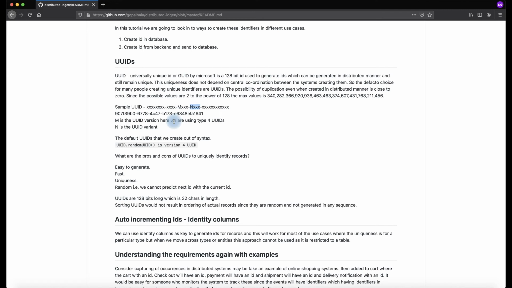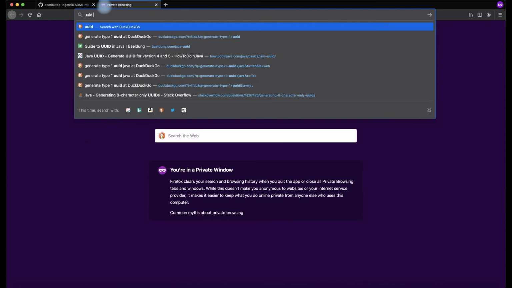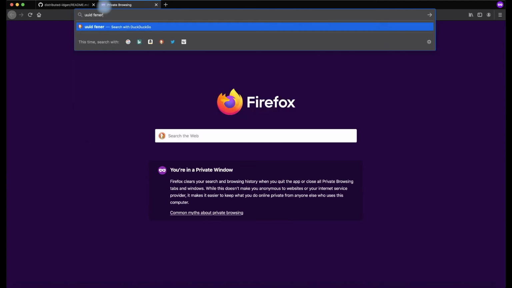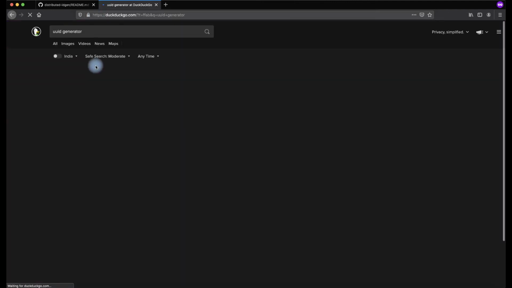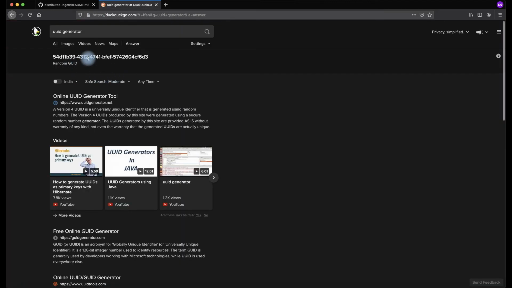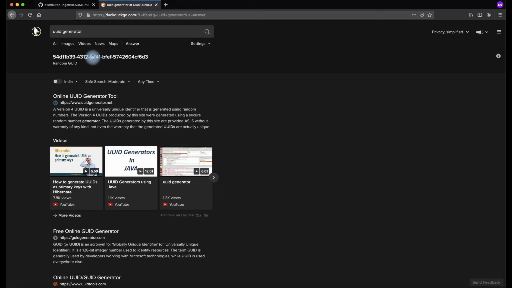Let's go and generate a UUID and examine it. We will be getting a UUID. If we notice it, the third group starts with 4. Most of the time you will be generating what is called type 4 UUIDs. Whatever UUIDs you generate, you might go and check; they would most likely be type 4 UUIDs.